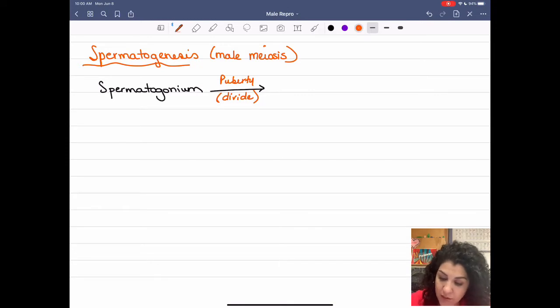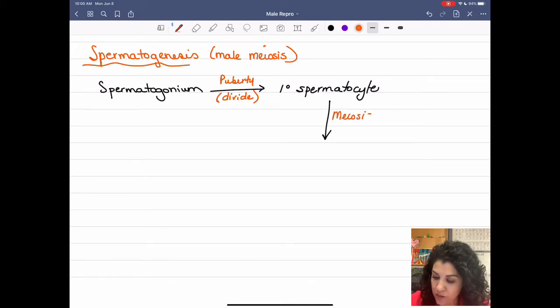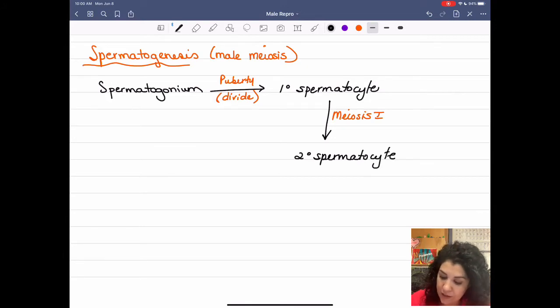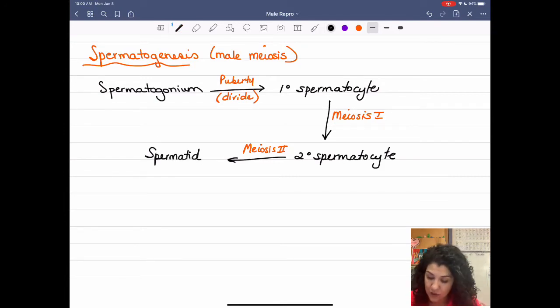And so what we get out of that is something called a primary spermatocyte. And then the primary spermatocyte starts undergoing meiosis. So it goes meiosis 1. And we're going to get a secondary spermatocyte. And then that secondary spermatocyte is undergoing meiosis 2. And then what we get is a spermatid. Okay. And a spermatid